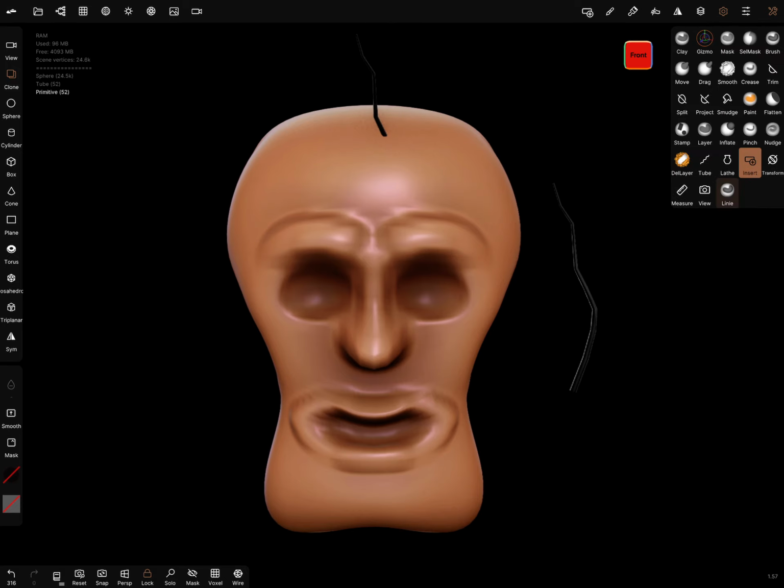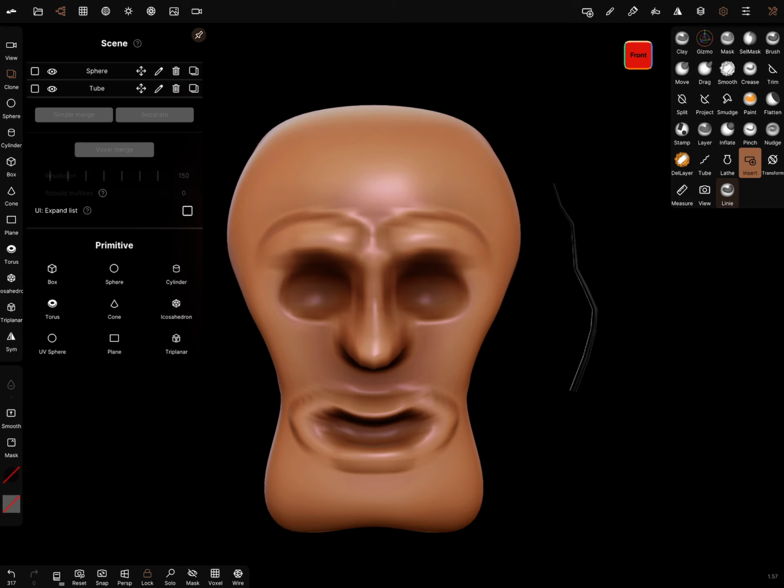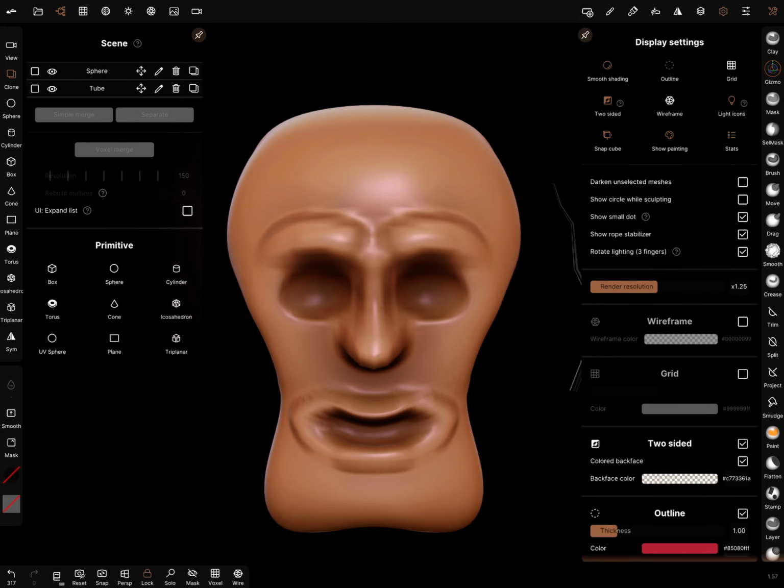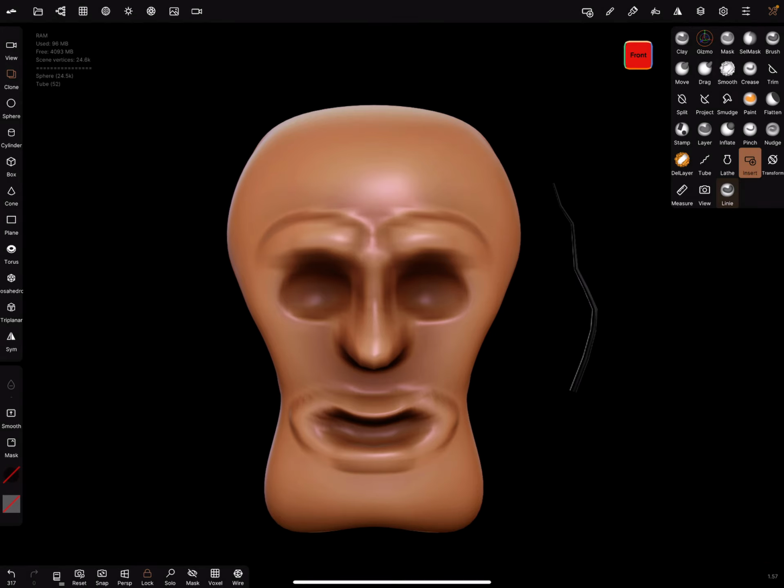Okay, I validate this object and I delete it. Okay, I turn on the outline. Okay, now it's correct. Outline is on.